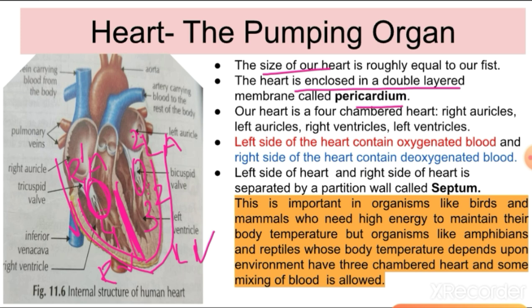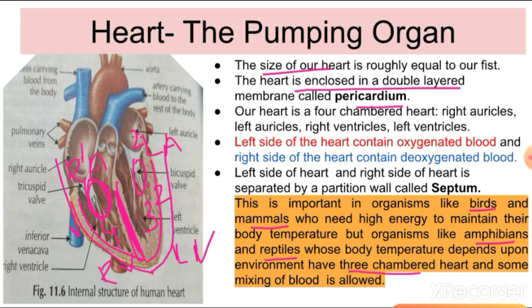We mammals and birds are the only ones having a 4-chambered heart. With this four-chambered heart, the oxygenated and deoxygenated blood do not mix up. This way, we get a large amount of energy because we are able to obtain a large amount of oxygen from the blood. But the lower animals like amphibians or reptiles, which are also known as cold-blooded animals, do not get enough oxygen. Why? Because their heart is only three-chambered.